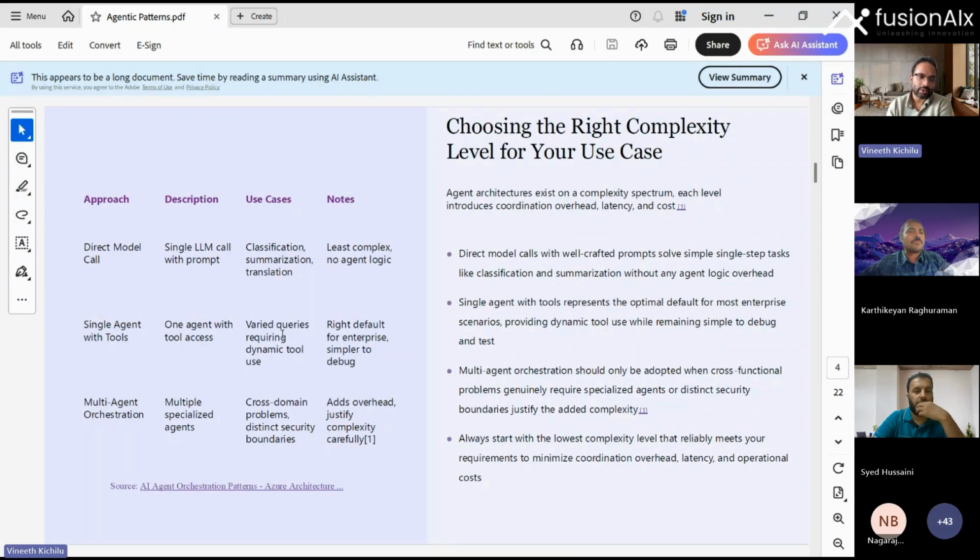There's multi-agent orchestration where you need to respect cross-domain boundaries. If boundaries come into the picture, multi-agent orchestration can take care of that. So keep these examples in mind as use cases which could direct you towards a direct model call, a single agent with tools, or multi-agent orchestration, as you think about optimizing your use case using agentic architecture, right?